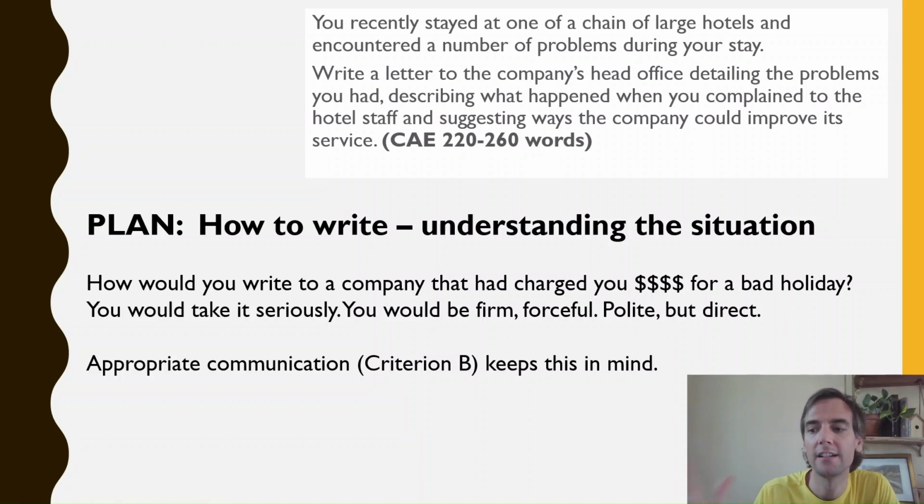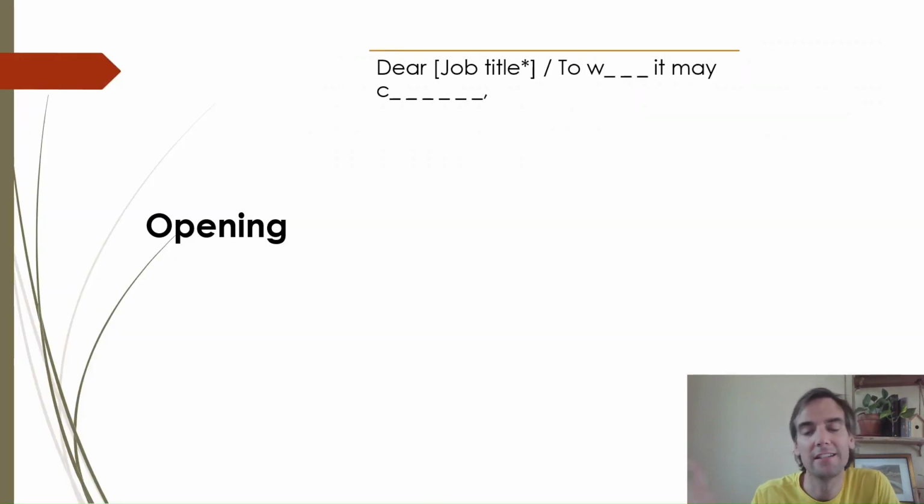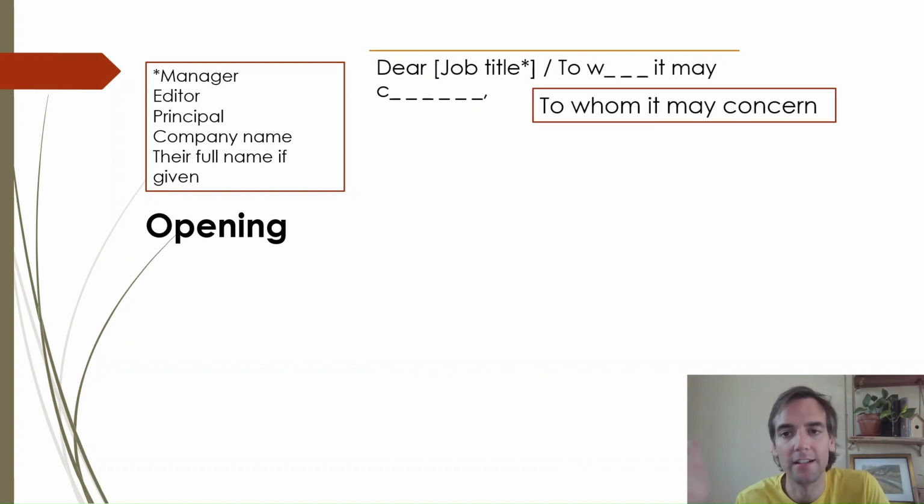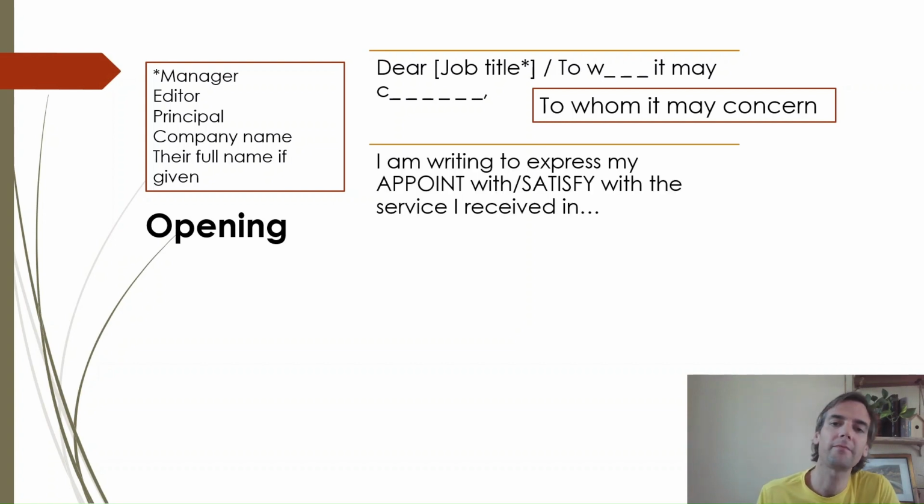which you're just going to invent, dear complaints department, public service department, something like that. Point is, you make something up. Or the safe option is, of course, as I said, these are the names. If they give you their name in the question, go for that. But the safe option is, of course, to whom it may concern. Whom, because it's the object. It concerns who? Subject, verb, object is the object, so we use whom: to whom it may concern.